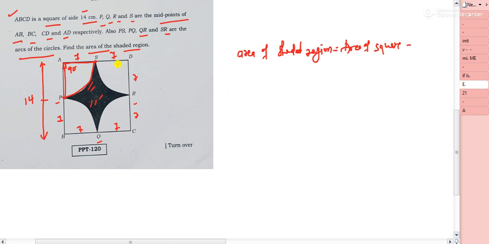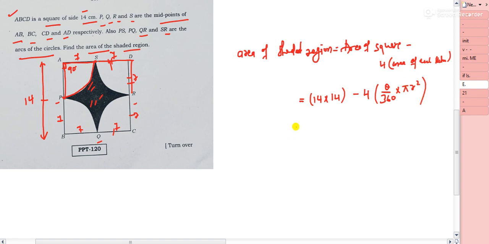Minus, see, all of the sides of this sector are the same, right? 7, 7, again 7, 7. So I can write minus 4 into area of each sector, correct? So what is area of square? It is 14 into 14, correct? Because it is L square, minus 4 into area of each sector, it is theta by 360 into pi r